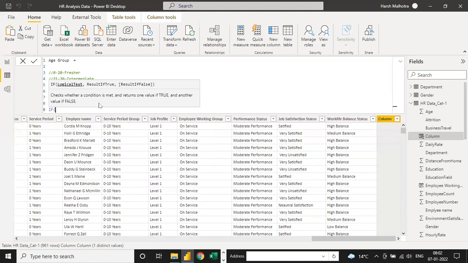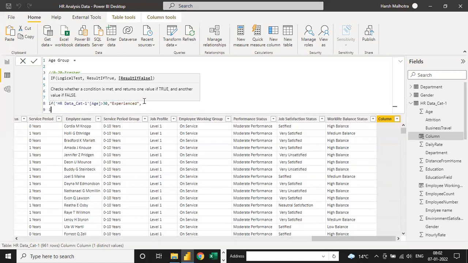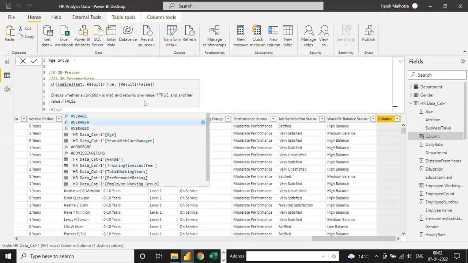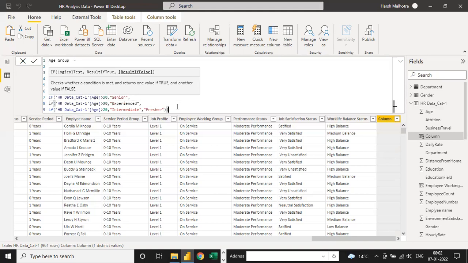Here, not advanced. We are writing here experienced. Okay, experienced is good. So now if you have a third condition, you write it here as age is greater than 20, then we have intermediate, and the last condition you have to write for fresher.